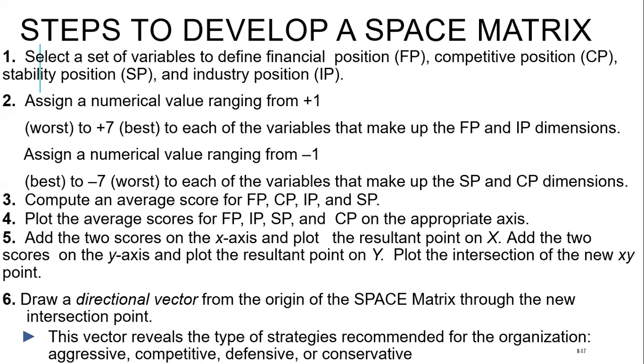Once you are able to do this computation, just as we did for the internal and external factor evaluation metrics, then you are supposed to find averages for each of the quadrants. So let's say under the financial position, return on investment was 7. Profit motive or profitability was also 7. Then under that particular quadrant, the